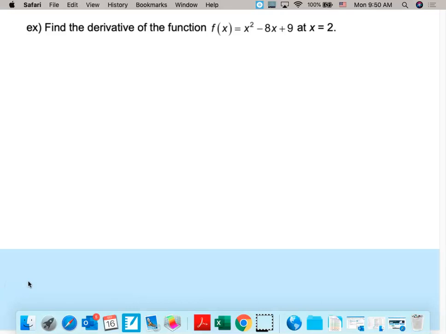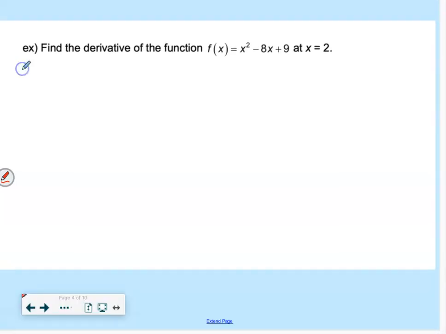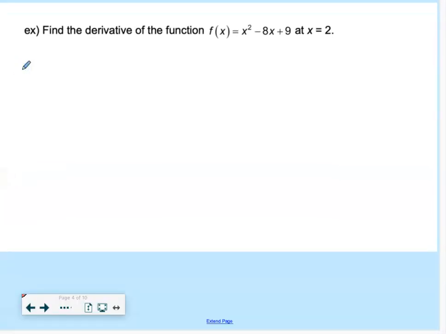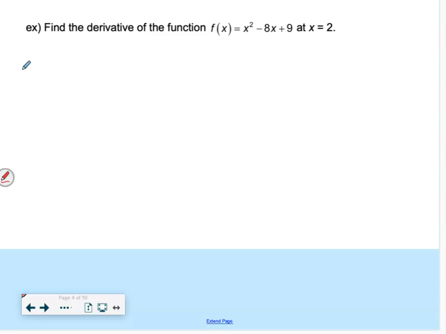Here we go. So we'll start with, by the way, shorthand notation for this would be f prime of 2. So if I want to give the answer a name, I would call it f prime of 2. The derivative of f of x at x equals 2 is written as f prime of 2. All right, so we'd have the limit as x approaches 2 of f of x